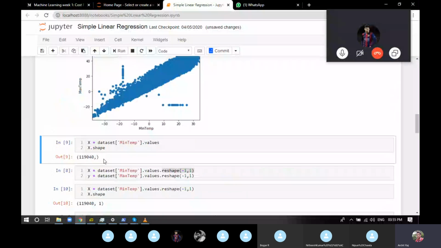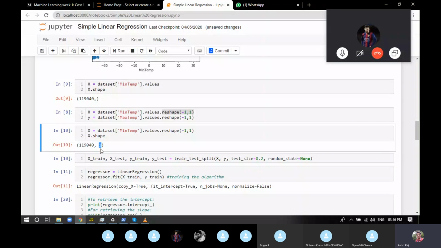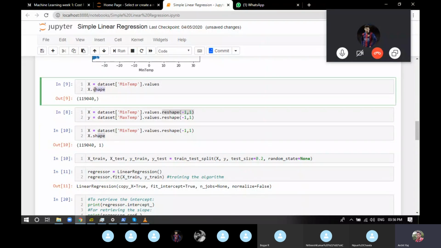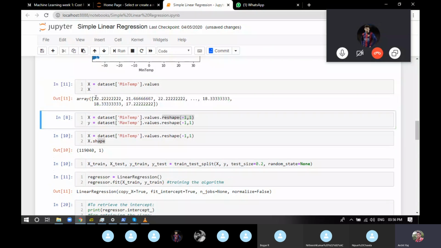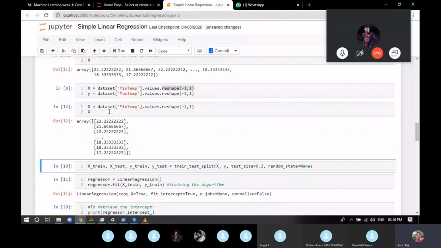Now in the real world, having one column or having no column is similar, but in a machine, having one column and having no column is different. So you have to provide the data with one column, just show them that there's one column. If I show the data here, you can see there is only one opening bracket and one closing bracket, so it's 1D data. Now if I show you the data after the reshape, you can see there are two opening brackets and two closing brackets. It means 2D data.